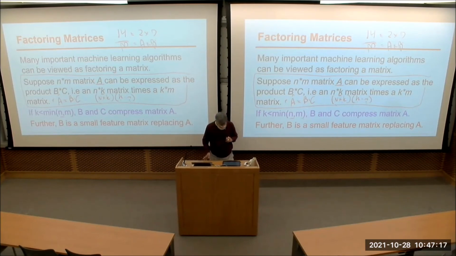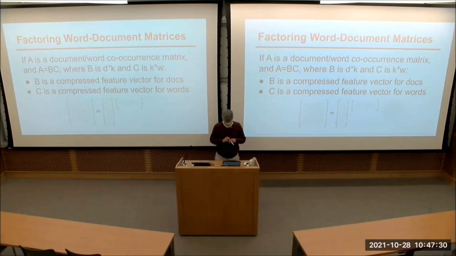And this can be very, very useful because if A was a feature matrix, B and C compress it, B kind of gives me a smaller matrix that does a lot of the same thing. So when you read about various matrix dimension reduction things,